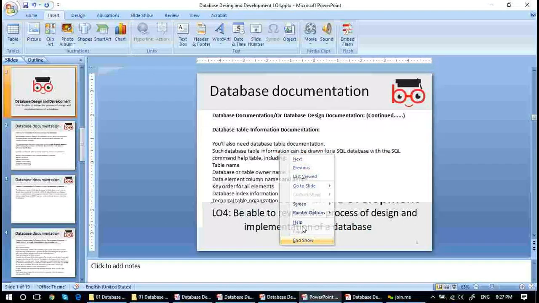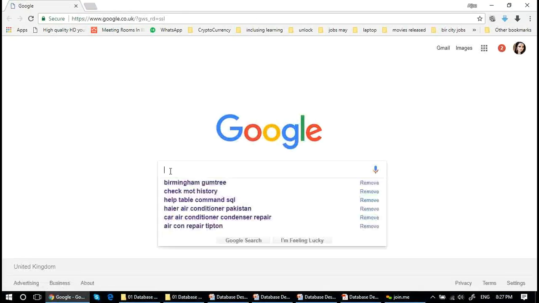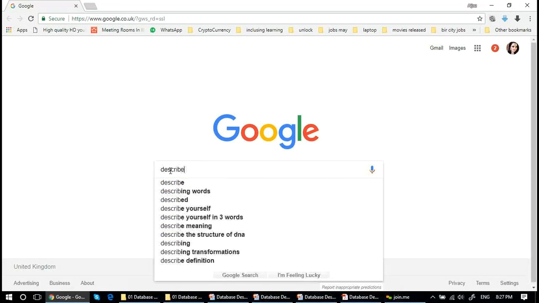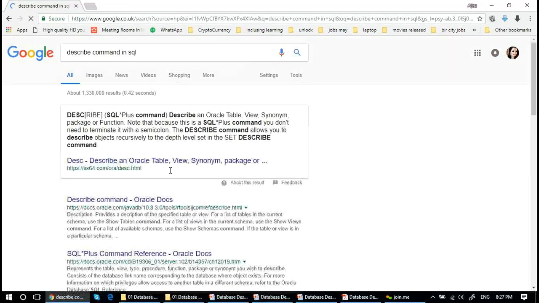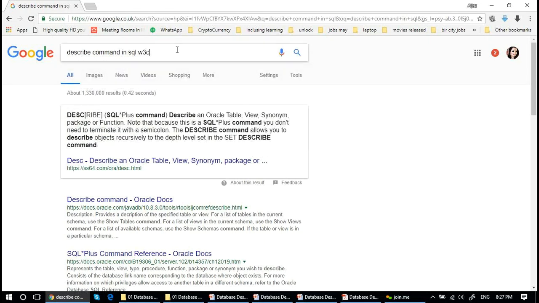Google it right now. See, the DESC SQL*Plus command describes an Oracle table, view, synonym, package, and these things. And W3Schools.